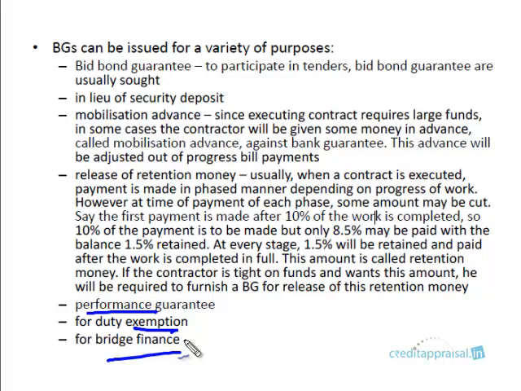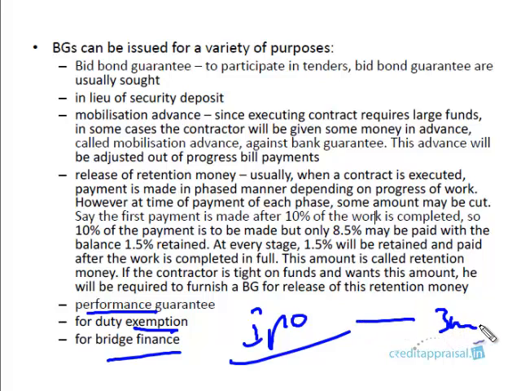Bridge finance is a stopgap arrangement. I think we discussed this earlier in some chapter. If not, basically it's an intermediate arrangement. Say, for example, a company is going for an IPO. An IPO is a long drawn process, 3 months, 6 months, because a lot of process is involved. You have to prepare the prospectus, the red herring prospectus, a lot of stuff. It's not that you're going to raise the money from the public tomorrow. A lot of time is involved.